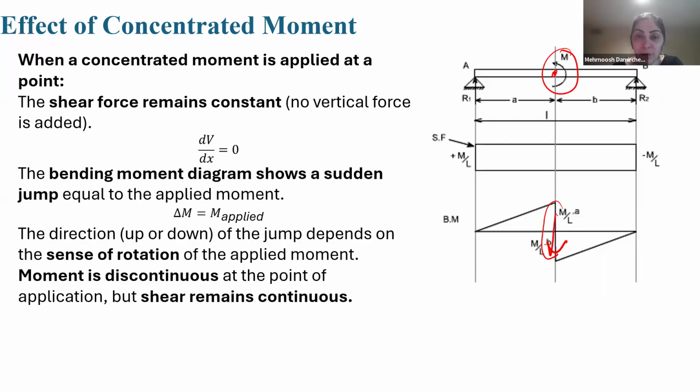Again, here, you know that the slope of this line equals the shear force. SF means shear force. Here is M0 over L. So the slope of this line is M0 per L, so this line equation should be M0 over L times x. And this line is constant, not changing here. So the slope of this part should be the same as this, with the equation M0 over L times x. You see both of them are parallel, meaning no change, because shear force does not change. But we only have a jump or discontinuity in M because of the concentrated moment.